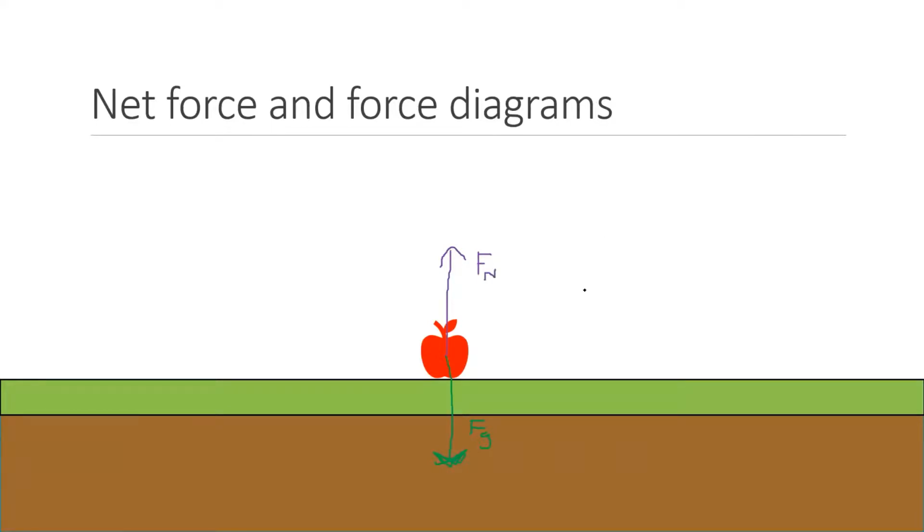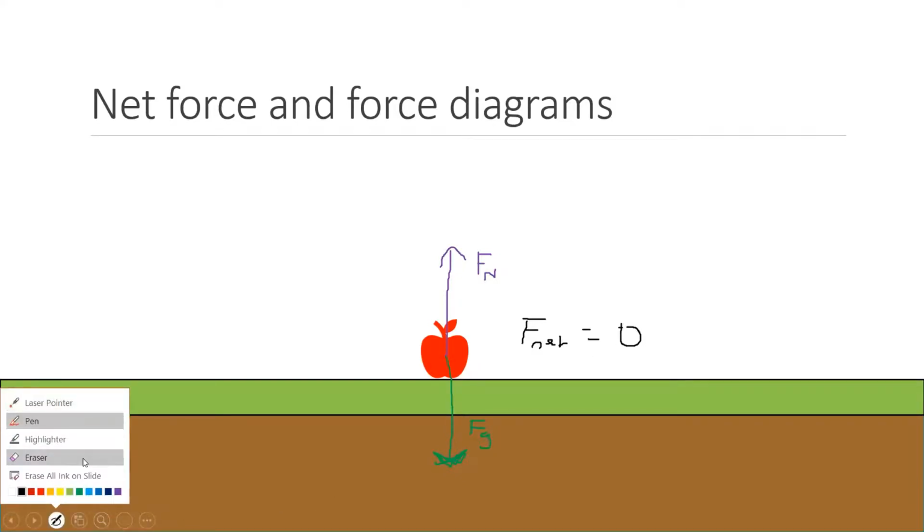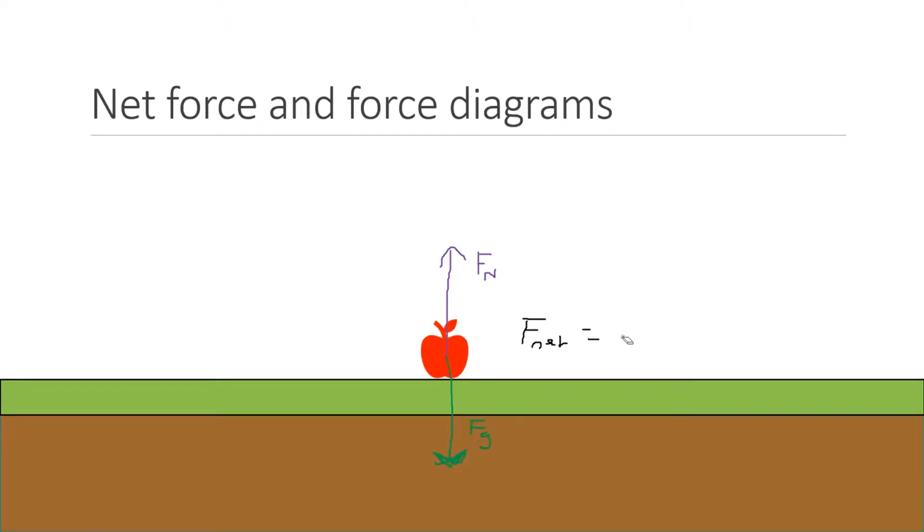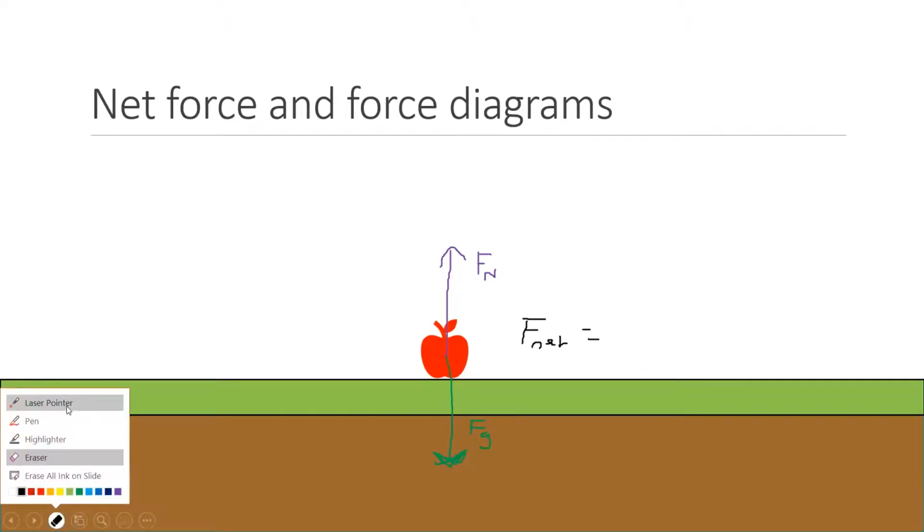Now, it just so happens that for this apple, the normal force and the gravitational force are the same. So what we would do for that is we would say F net, so the overall force is 0. If you don't like to do F net, which I don't know why you would want this, you can use a symbol. And so this symbol here,